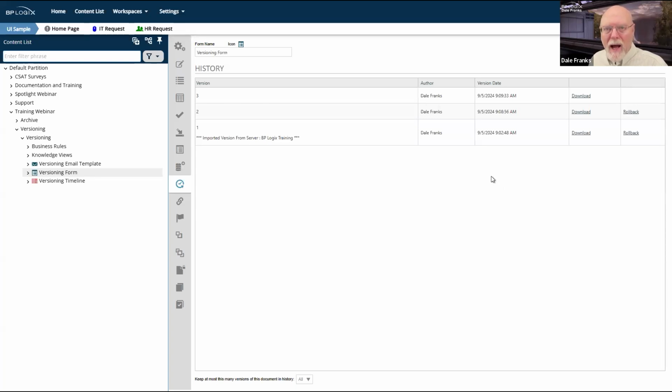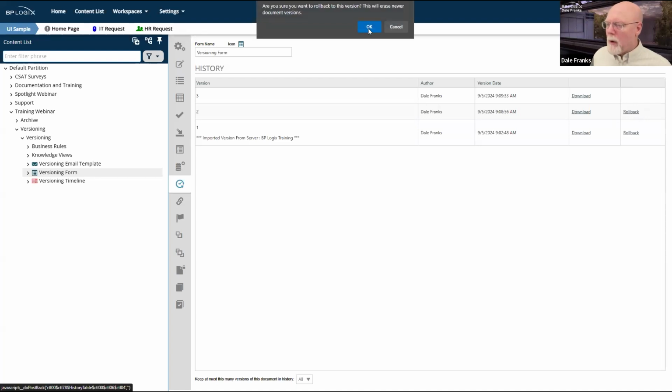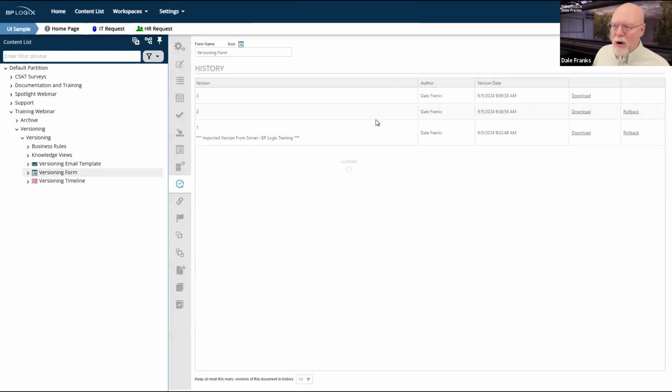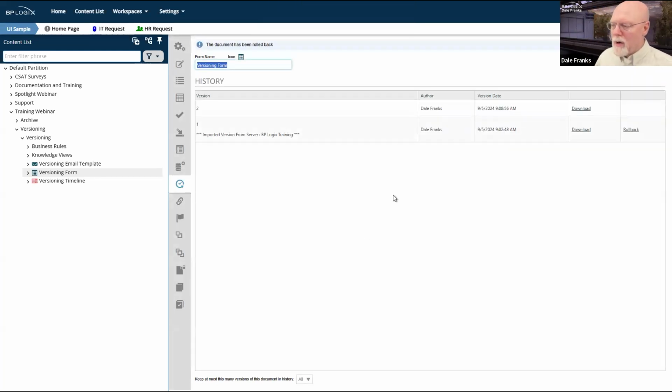Well, I've got a way to roll back to a previous save. So version 2 was when I added those 2 new controls to this form. So I am just going to roll back to this version. As you can see at the very top of the screen, I get a little warning message that asks me if I'm sure I want to do that. I am sure, and I am back to version 2.